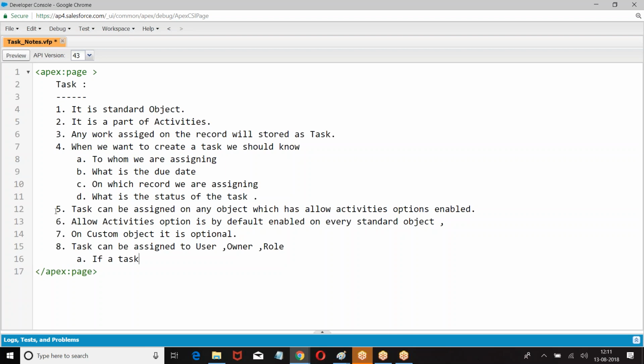If a task is assigned to a user, he will be the owner of the task.